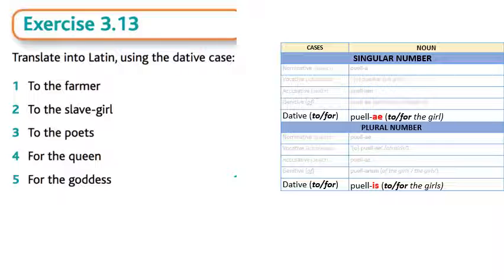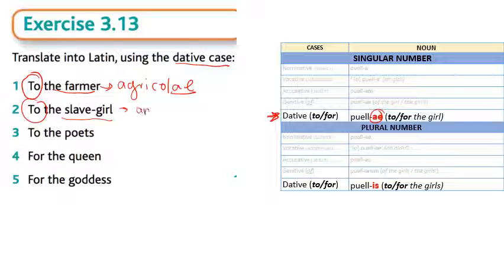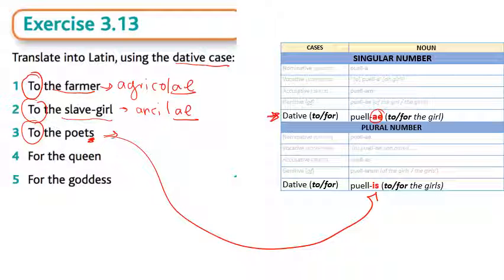Let's do some practice. Translate into Latin using the dative case. To the farmer. The farmer is singular, so I need to use the dative singular ending. So to the farmer would be agricolai. To the slave girl. Slave girl again is singular. It's only one slave girl. So this would be ancillai. To the poets. Poets is plural. It's many poets, so I need to use dative plural. And this would be